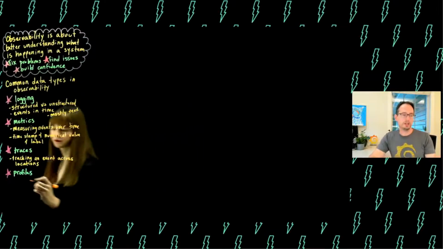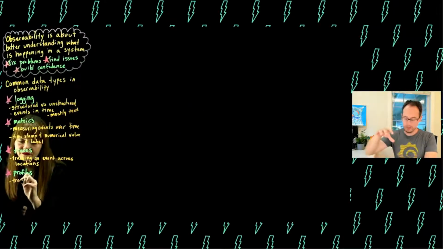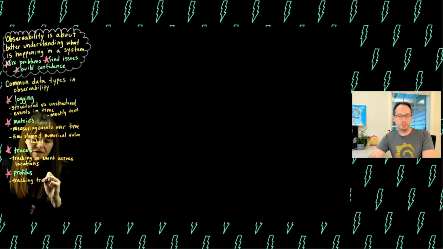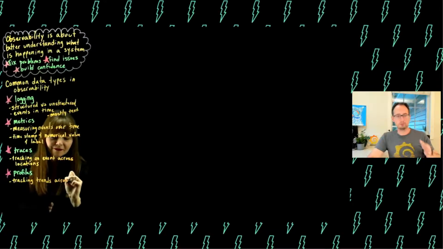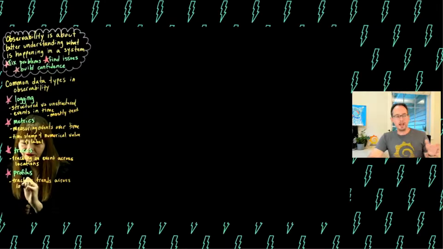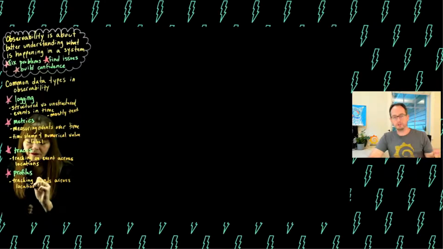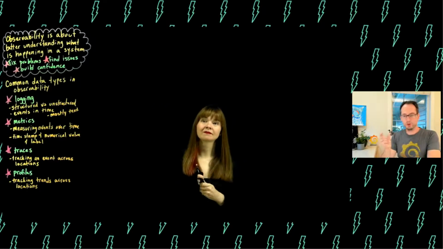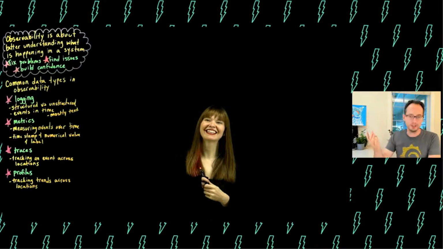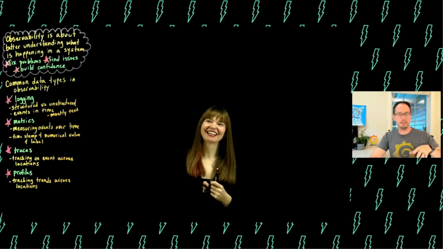So the trace example I gave was I went from my house to the school, to the grocery store, to home. What a profile would be is, hey, you've done that trip 100 times, from your home to school to the grocery store to home. As we've been building up the records of all of those trips, we've noticed that the trip from school to grocery store is always super long. There's a red light there or something like that. So we've used that information to analyze and say, if you take a slightly different route, you could save 10 minutes on your drive.